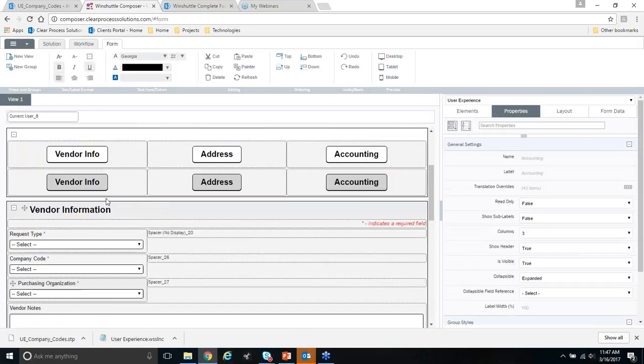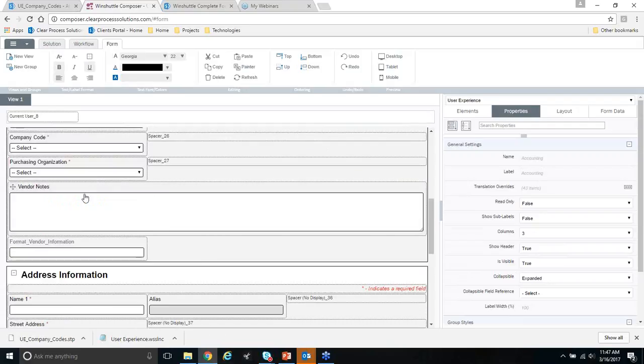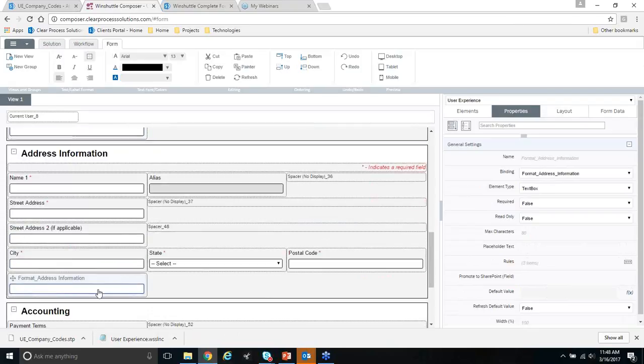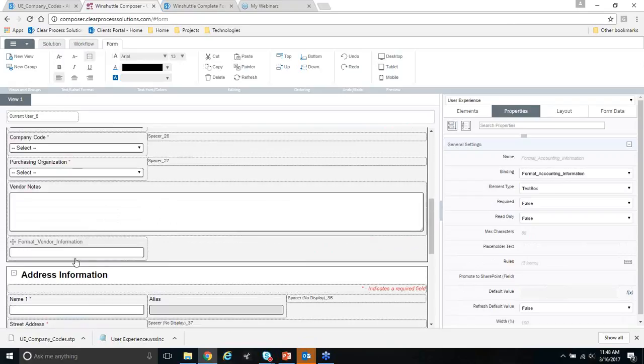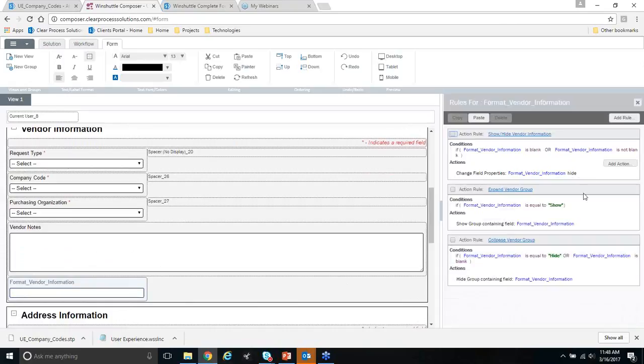So how we accomplish that, let's say from the group perspective, is we add a simple helper field for each group. So we have here a format vendor information, a format address information, and a format accounting information. This is what really triggers or controls if it's going to be shown or hidden. So if we look at the rules on those helper fields within that group,